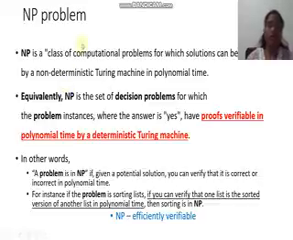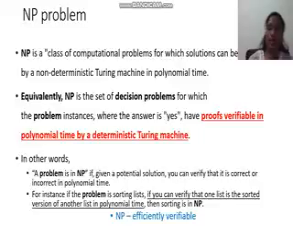So there comes the class of NP problems. This NP class is a class of computational problems for which the solutions can be computed by a non-deterministic Turing machine in polynomial time. So this NP class can be described as those problems whose solutions can be computed by a non-deterministic Turing machine in polynomial time, or otherwise this can also be called as